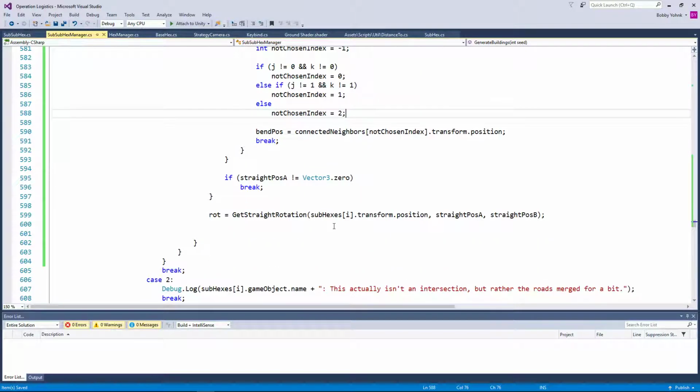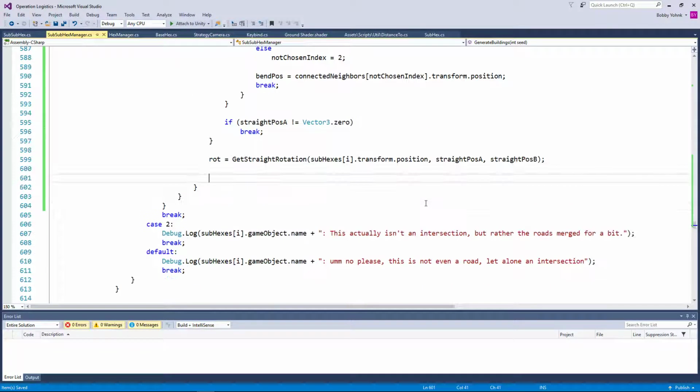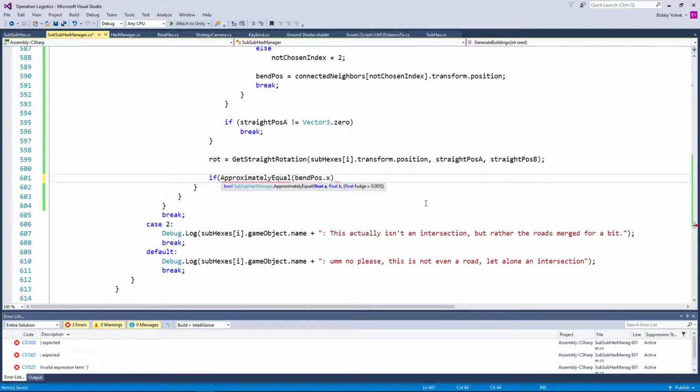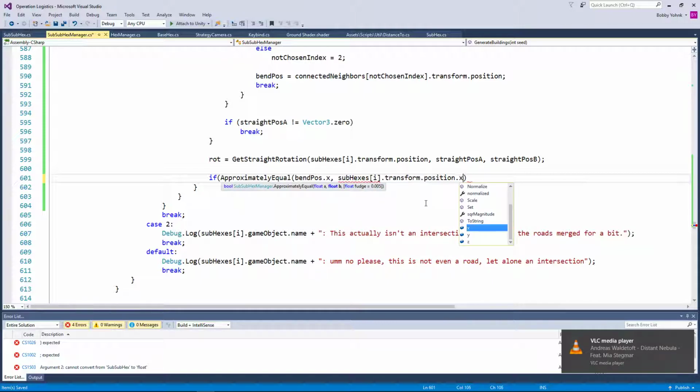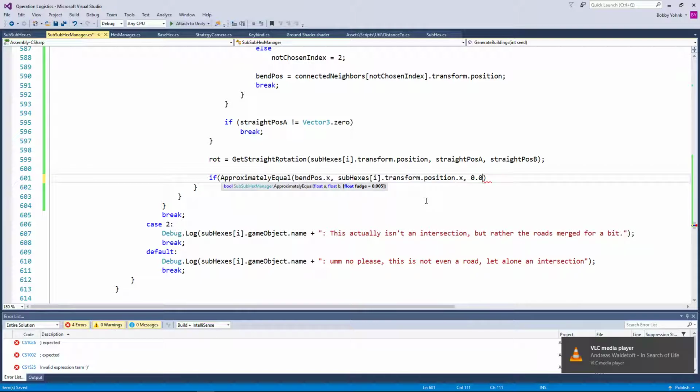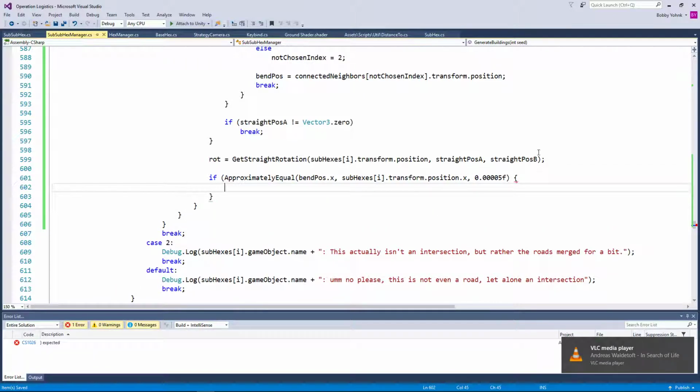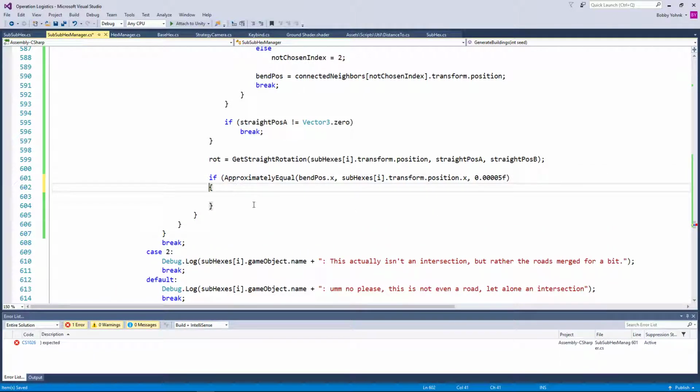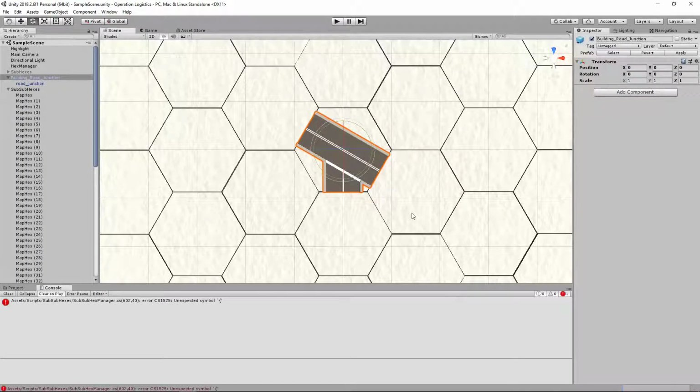So now we know our bend position as well as our 2 straight positions. So we can then say, if our bend position.x is approximately equal to subhexes I dot transform dot position dot x, and we'll go 0.00005f. So if our x position is approximately equal, then we know for a fact that our bend is one